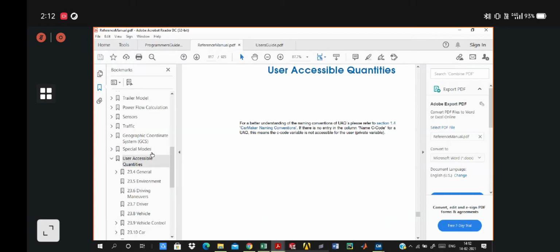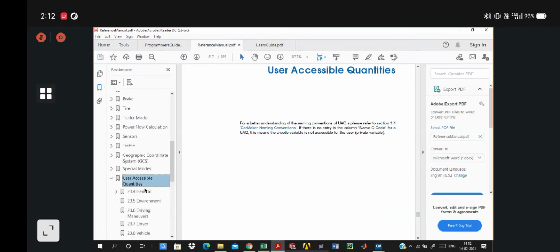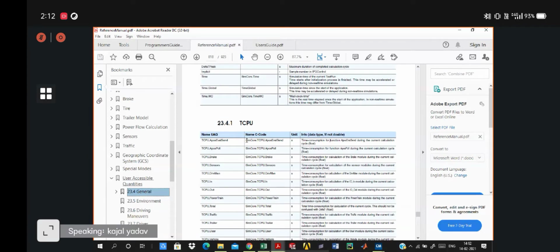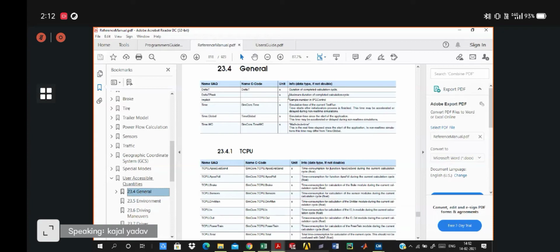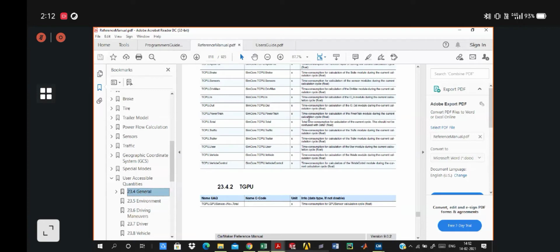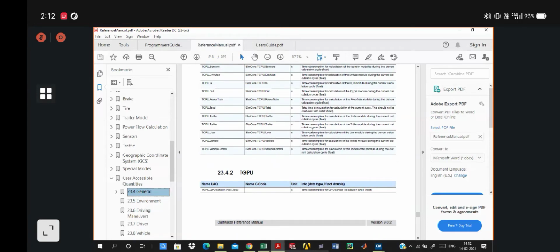All of these quantities which are listed, you can know about them. There are info, unit and the code which IPG CarMaker uses. So you can check all of these quantities and select your desired output quantities in the data tab.